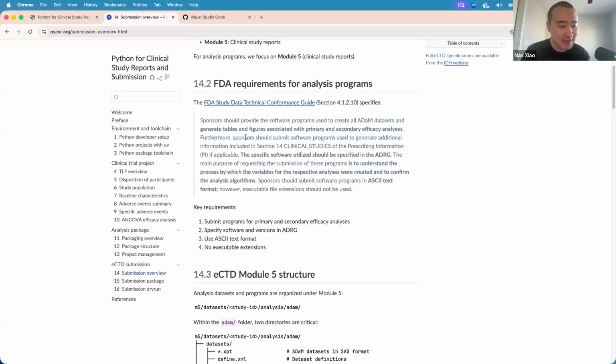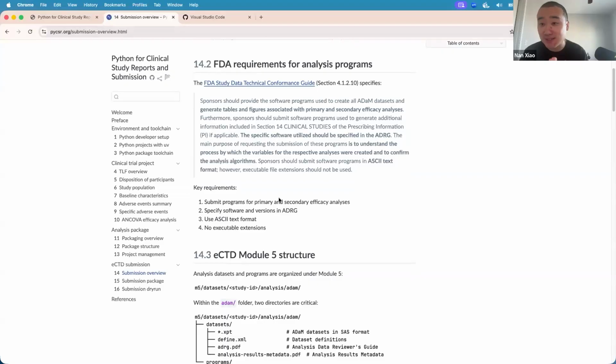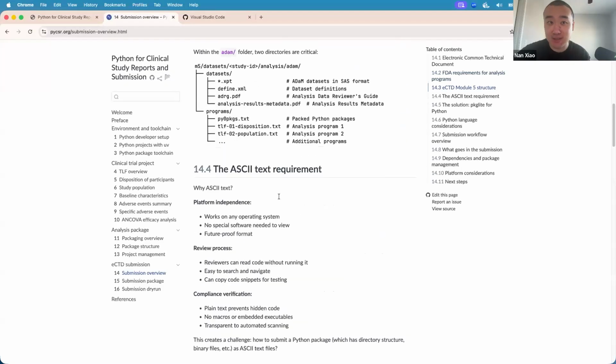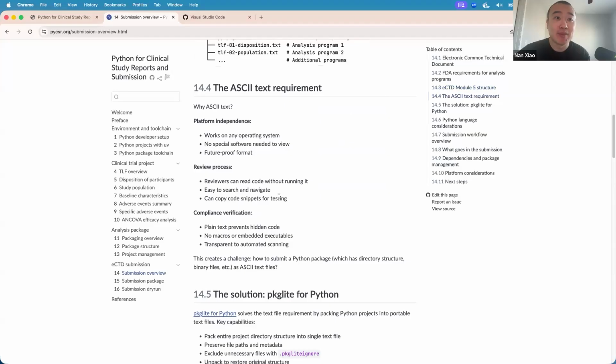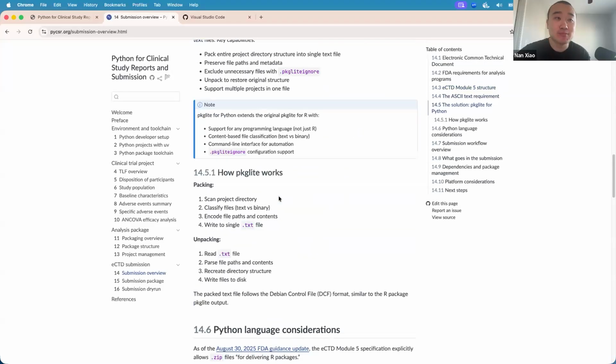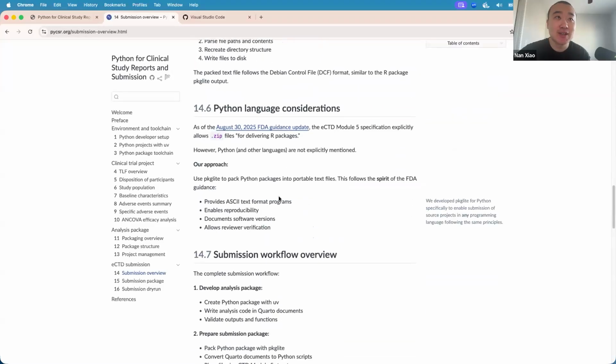So I think this idea has also got some updates from the very useful positive contributions from the R Consortium R Submissions Working Group in the past few years.